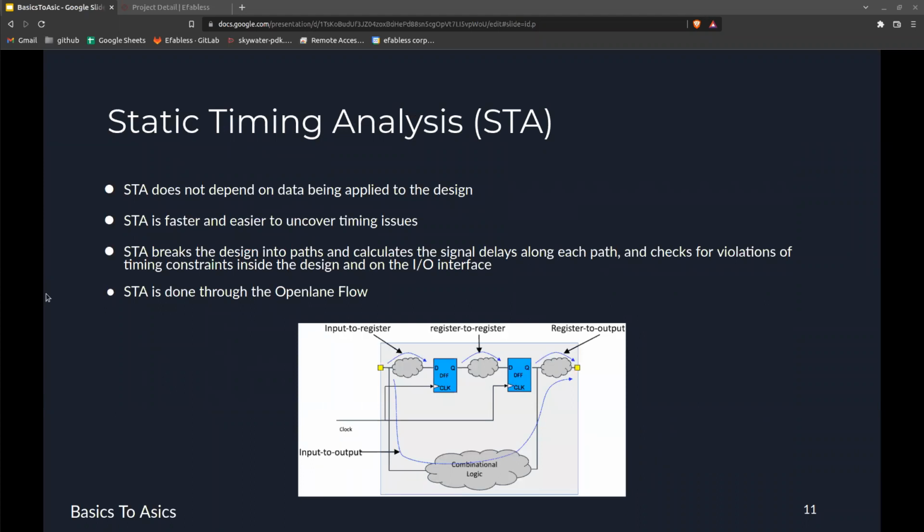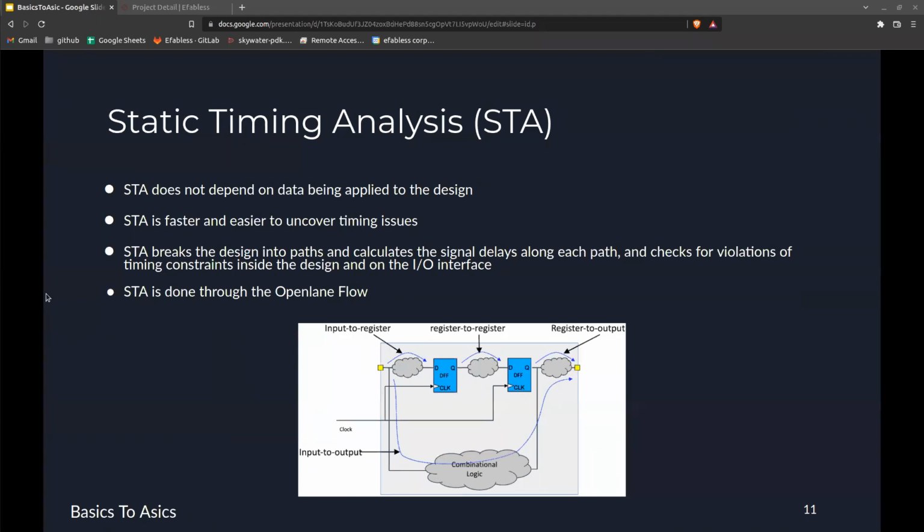So static timing analysis, or STA, which is the timing verification that's done through OpenLane flow,